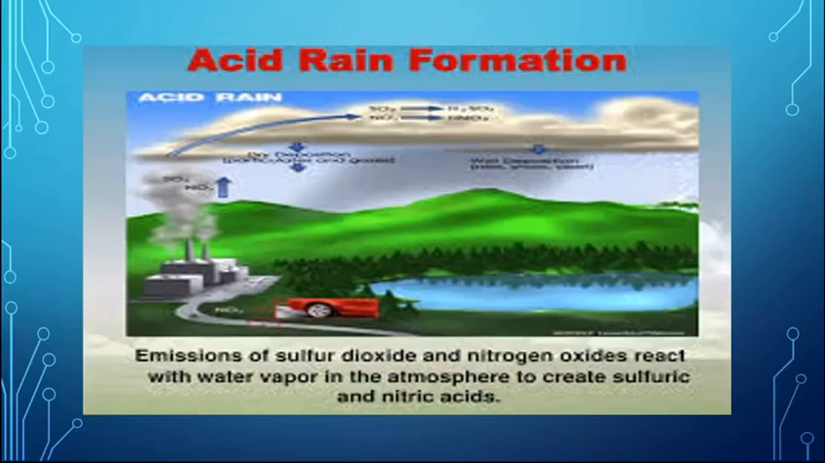What is acid rain and how is acid rain formed? We all know that in the atmosphere, in the air, we have so many gases, including sulfur dioxide and nitrogen oxide. When these gases are emitted, they react with the water vapors in the atmosphere. These gases are emitted through factories also. Once they are emitted into the atmosphere, they react and change into sulfuric acid and nitric acid. This sulfuric acid and nitric acid falls on the ground in the form of